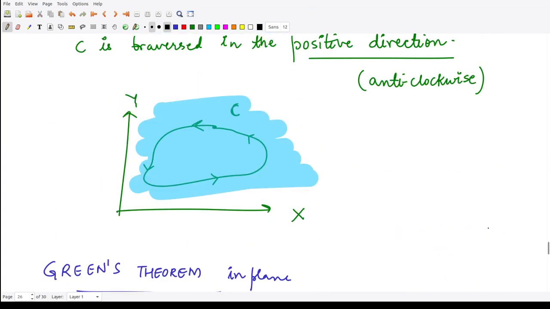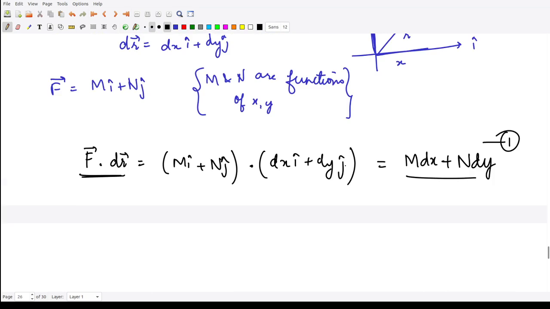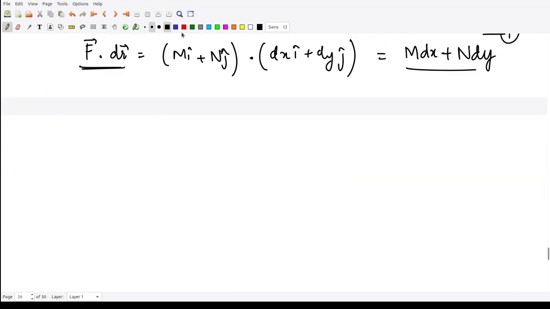And if we look at this right hand side, we wanted to have a relationship among this and the vector f. So let's see how we can obtain that. For that, if you take the curl of your vector f, what is the curl of your vector f? That is the cross product of del and the vector f.